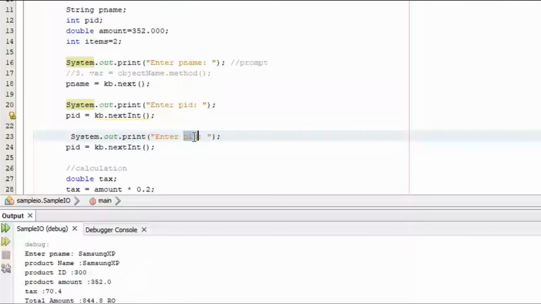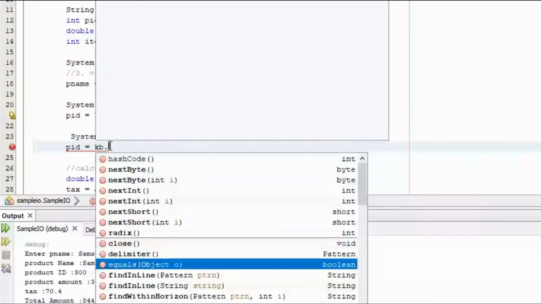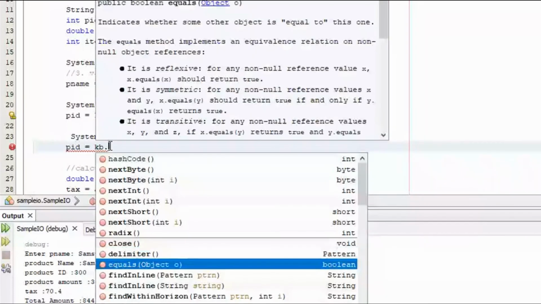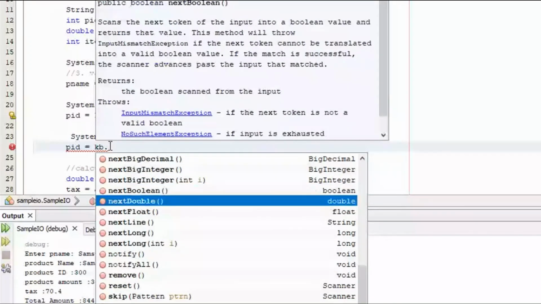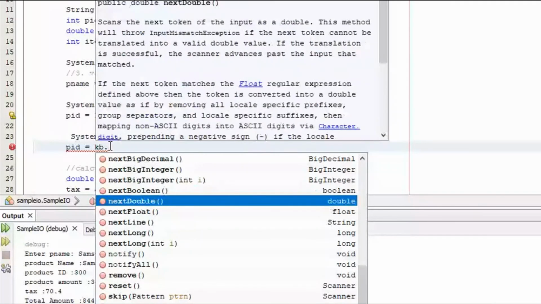What next statement will I use? Let me see the options. KB dot next, what do I use? Double. What's the data type of amount? Double, so I should use nextDouble. You don't worry about the spelling.